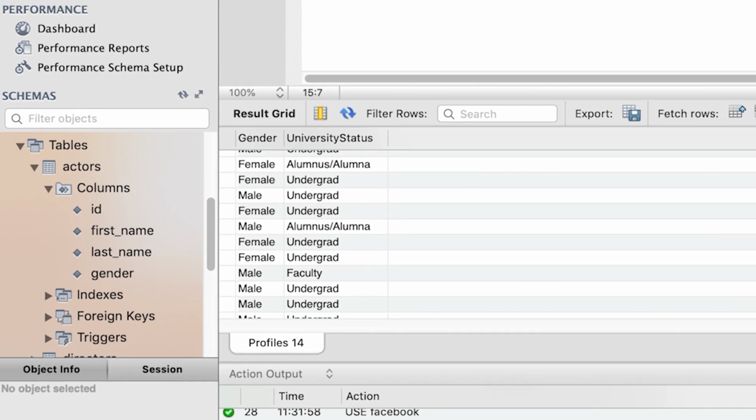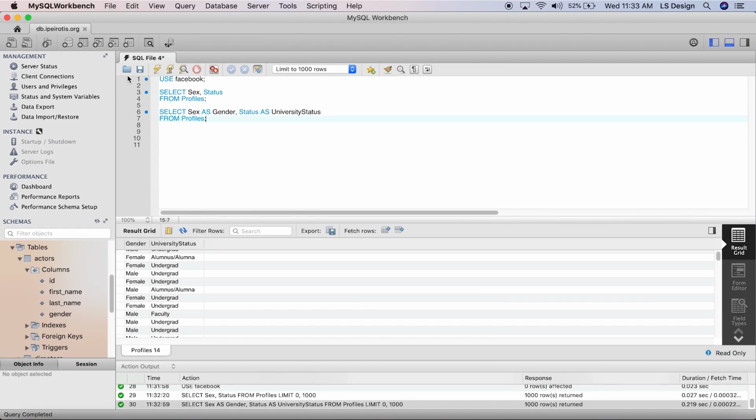In our next video, we'll learn how to eliminate duplicate entries. Now, what have we done in this video? We have learned how to specify which columns we want to retrieve from a table, and we also learned how to rename a column in the results of a query. Next time, we are going to see how we can eliminate duplicates. Until then, play around and practice. See you next time.